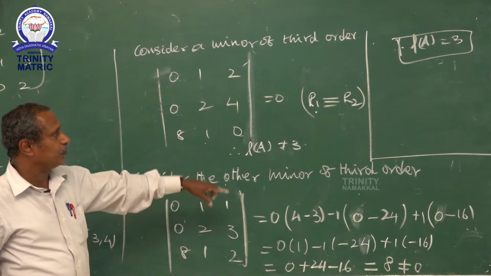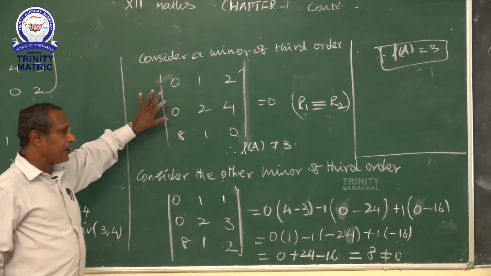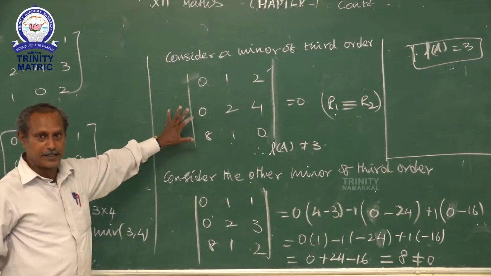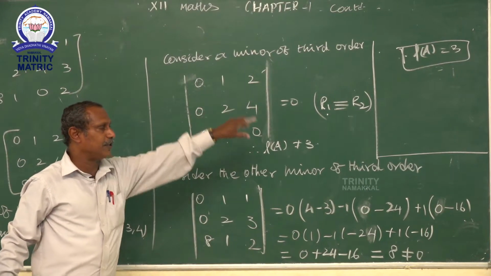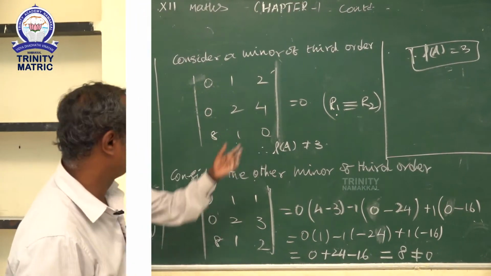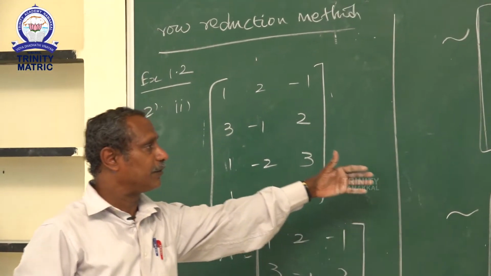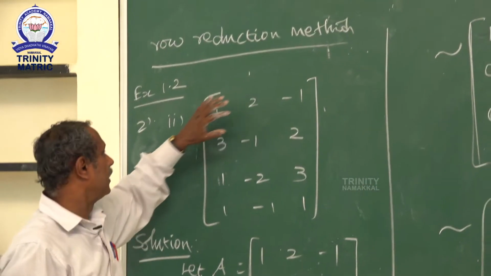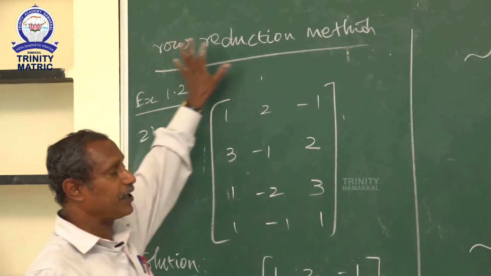So, therefore, not equal to 0, then rank of A is 3. So, if you are doing it such a way, suppose at least any one of the third order minors is not 0, the value of the determinant is what you have taken, that is the order. Here, order of the matrix is 3. Now, in the last example, we found the rank of the matrix making use of the minors. Now, we move on to find the rank of the matrix making use of the row reduction method.